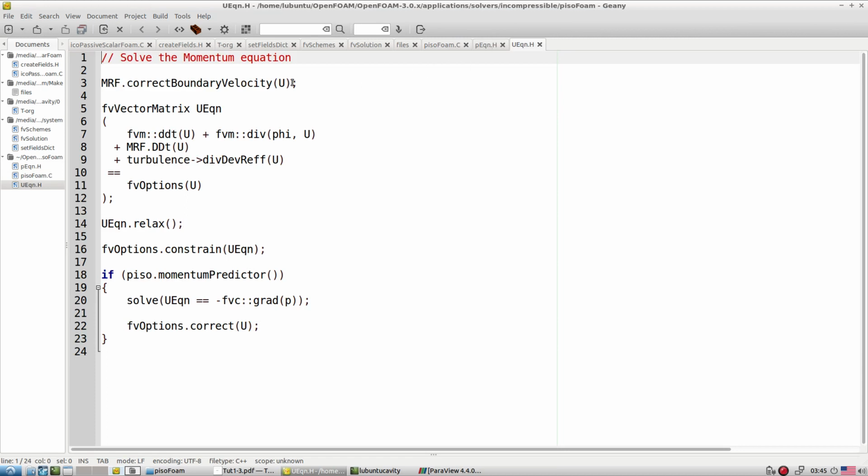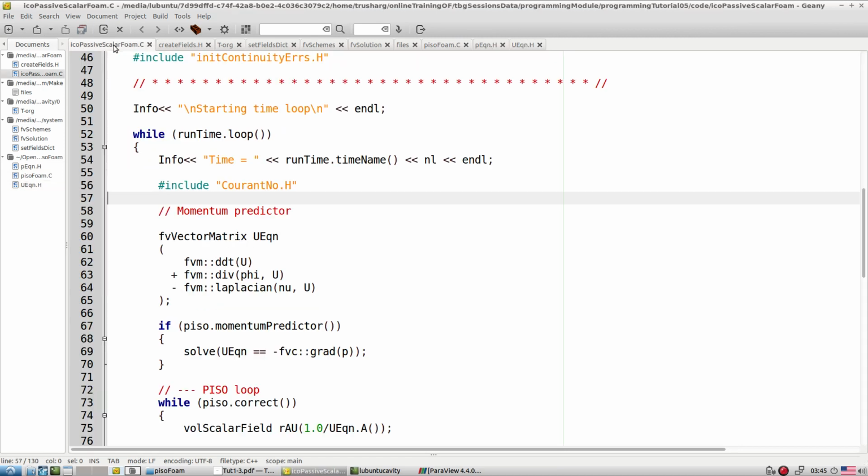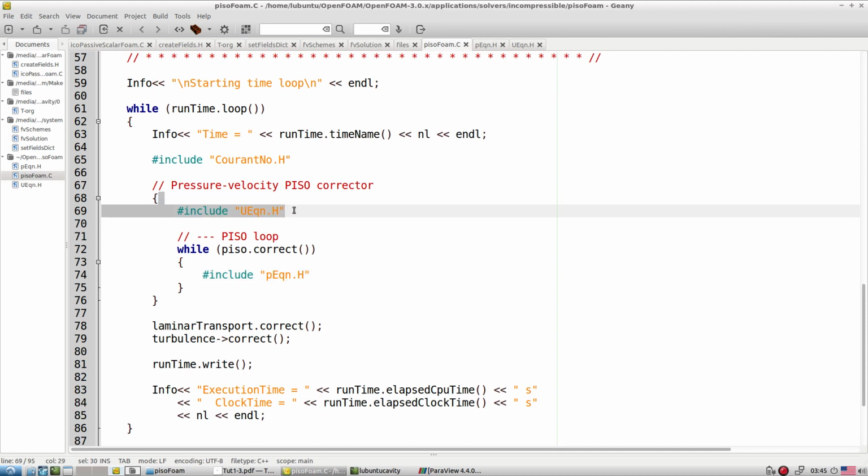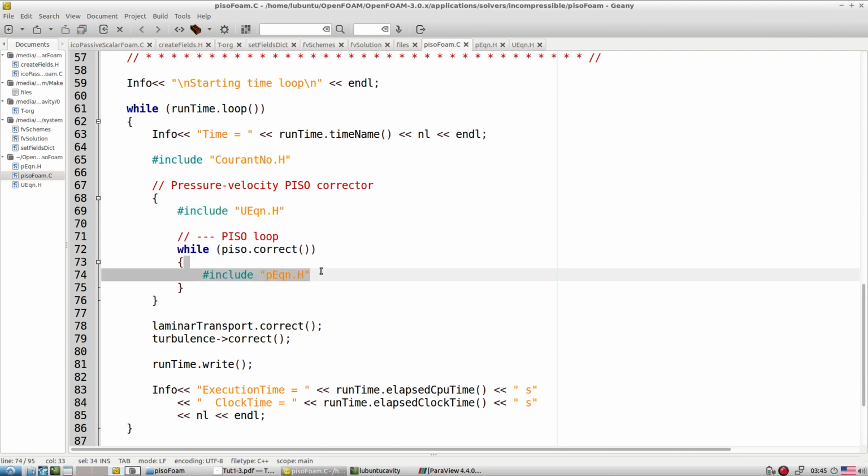So we require the U equation and the P equation. The entire predictor step goes in as the U equation, similar to PISO. Then inside the PIMPLE loop we have a P equation, and at the end we have a T equation as well. That is the way we try to clean this particular case.